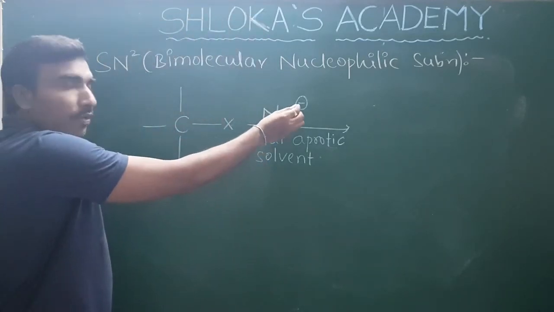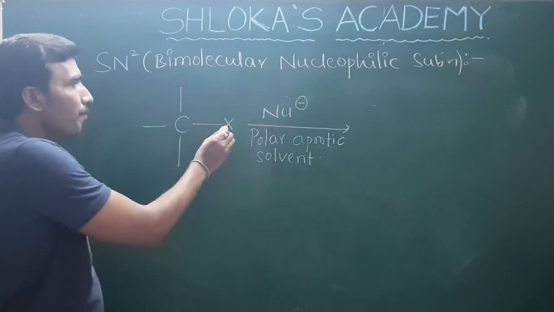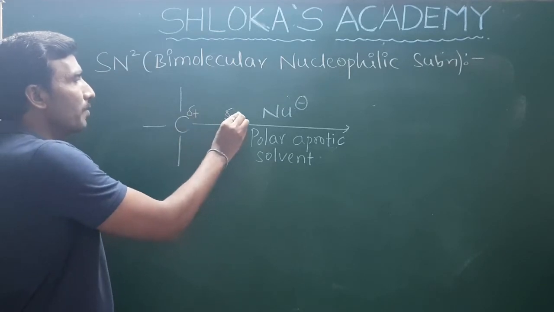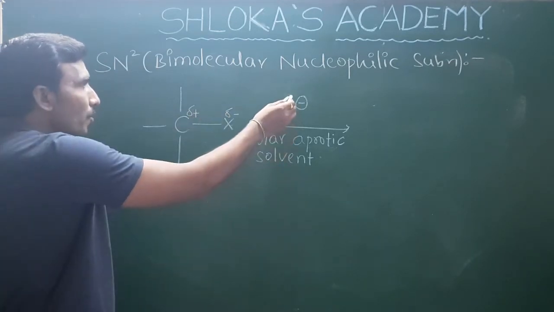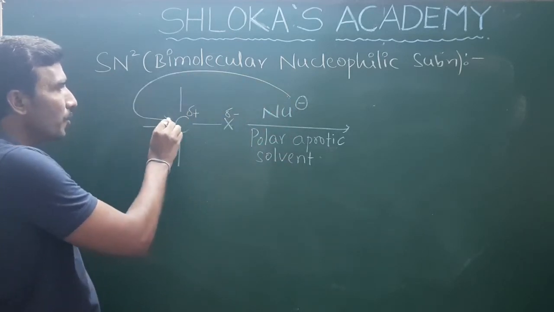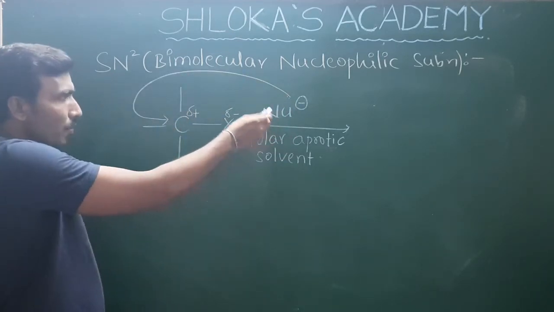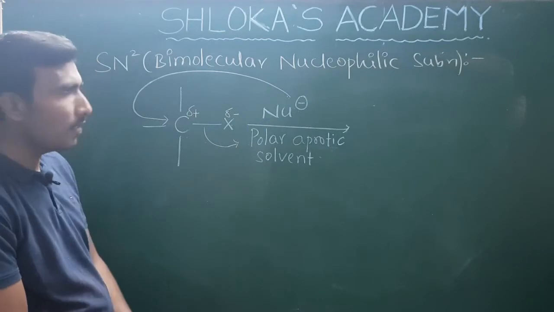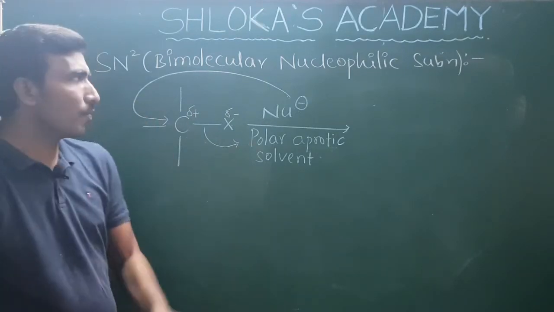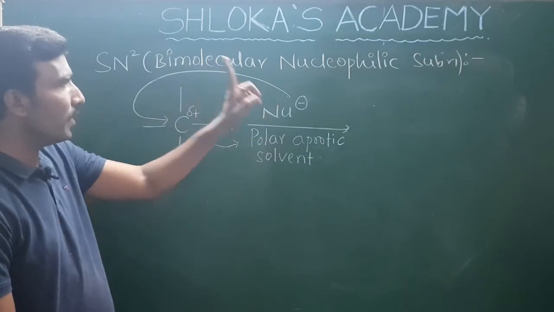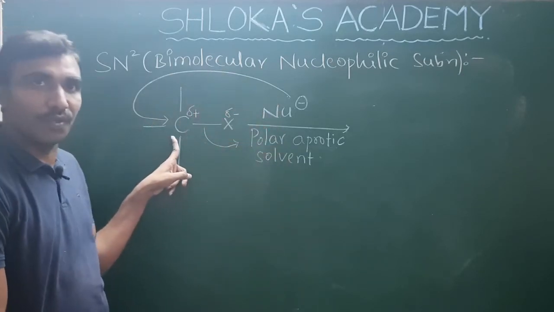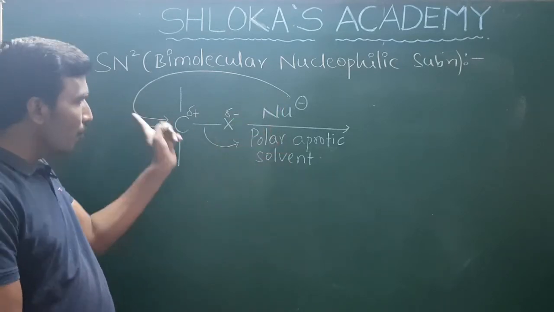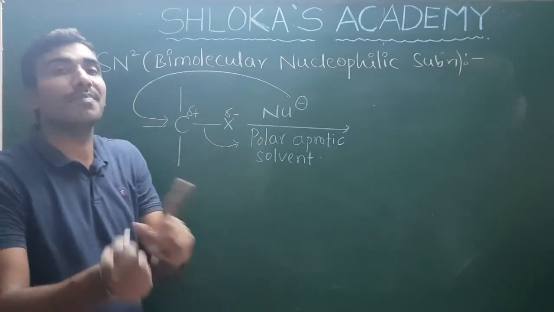The nucleophile is a strong nucleophile. Because of this polar bond, the carbon gets a partial positive charge and the halogen gets a partial negative charge. And the nucleophile approaches the partially positively charged carbon. As the nucleophile approaches this positively charged carbon, the leaving group will leave. Means here two things are happening simultaneously. One thing, a new bond is forming between the nucleophile and this carbon. And another thing, the old bond is breaking. Making of the new bond and breaking of the old bond are taking place simultaneously.